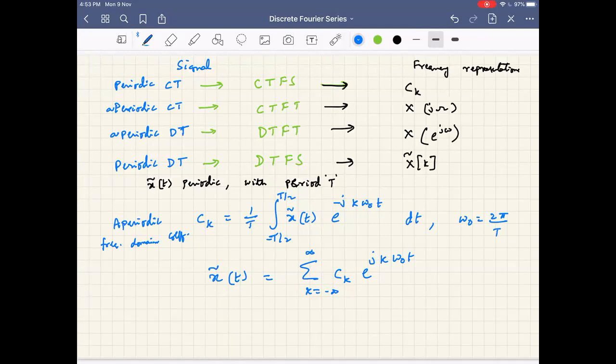So now, in the light of these equations, let us see how to write the frequency domain representation of discrete periodic signals. Okay, right. So let us see, if x tilde of n is a periodic signal, a discrete periodic signal,